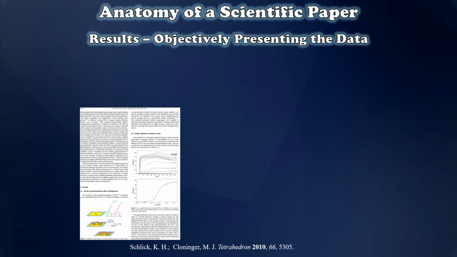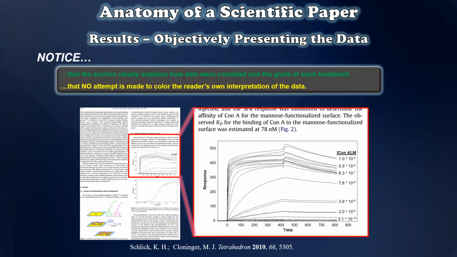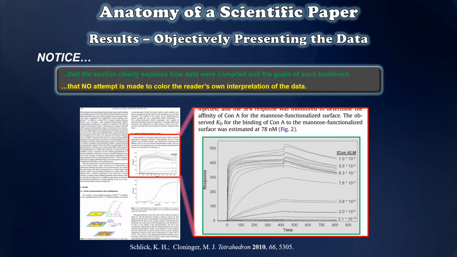Now it's time to move on to the results section of our paper. So let's take a look at this page from our study, specifically this piece right here, because it illustrates two important points I want to make about what a results section should contain. First, notice that the section very clearly shows how the data were compiled and treated to reach certain calculated values. For example, see here they've got this plot that they used to convert their raw data into an actual binding